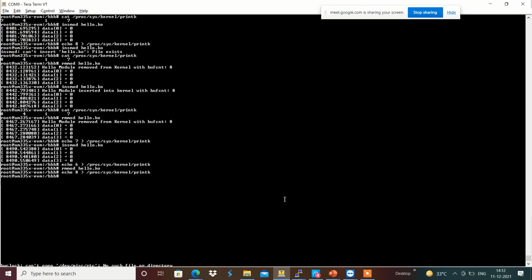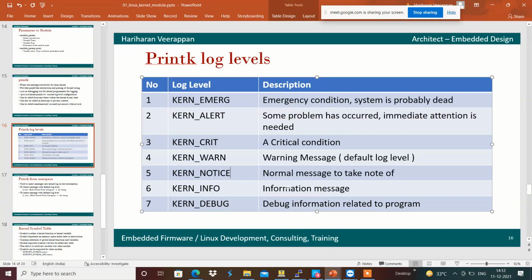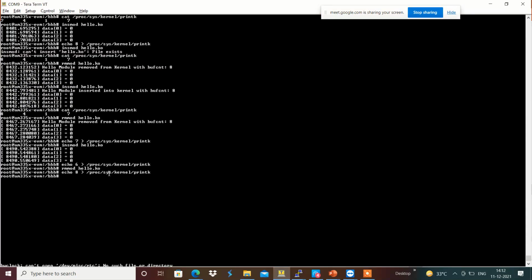And if we wanted to restrict the printk log levels on the current console, if we wanted to have only kernel alert and less than kernel alert, then we can configure the printk with 2, so that /proc/sys/kernel/printk can be provided with the value of 2. Then we will be getting only the critical error messages from the kernel module accordingly over here.